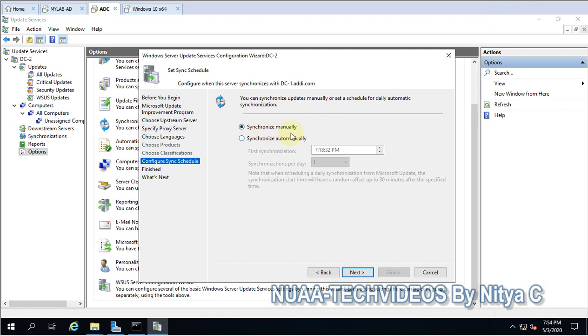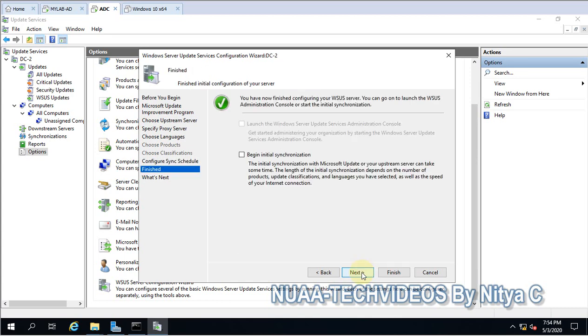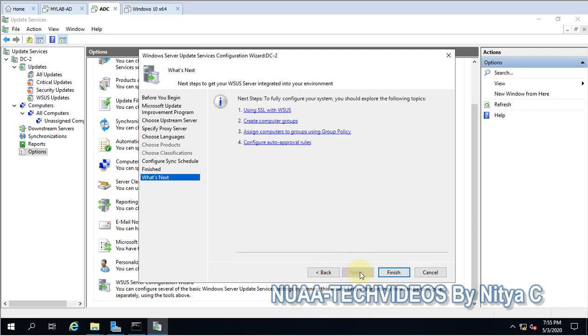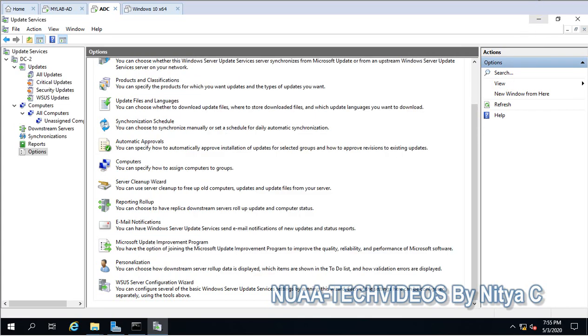So the schedule is fine, so at first we will synchronize it manually, and later on we can change it. And here, select begin initial synchronization, so that it will gather all the updates which are available on the upstream server. So you have to click on that and click on next, and the wizard will complete now.